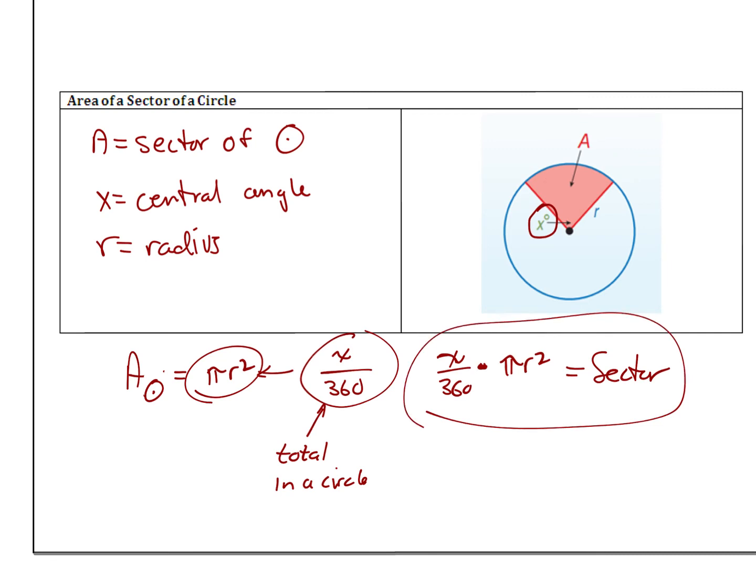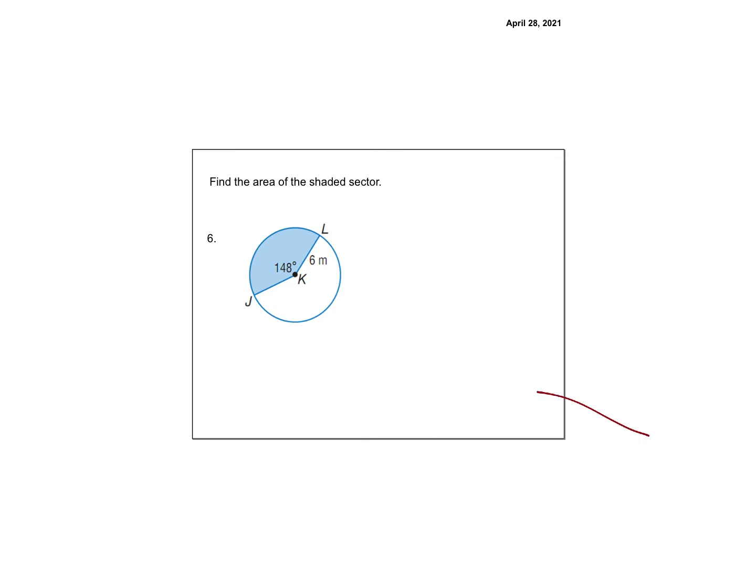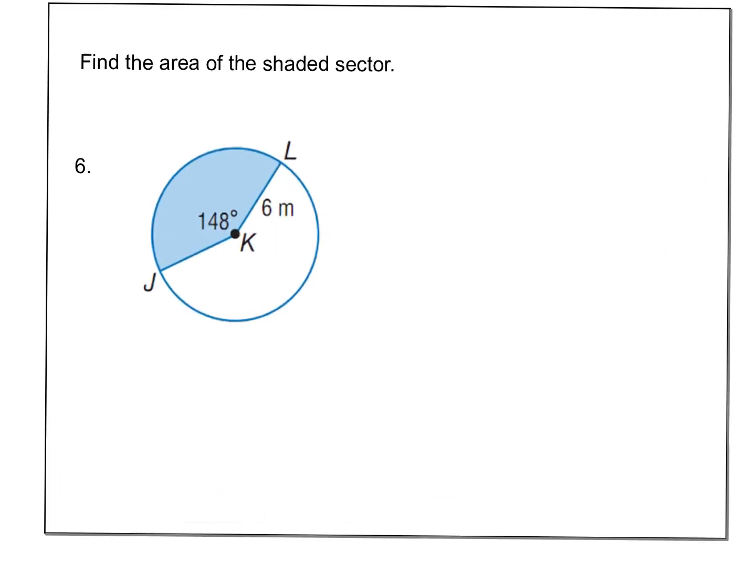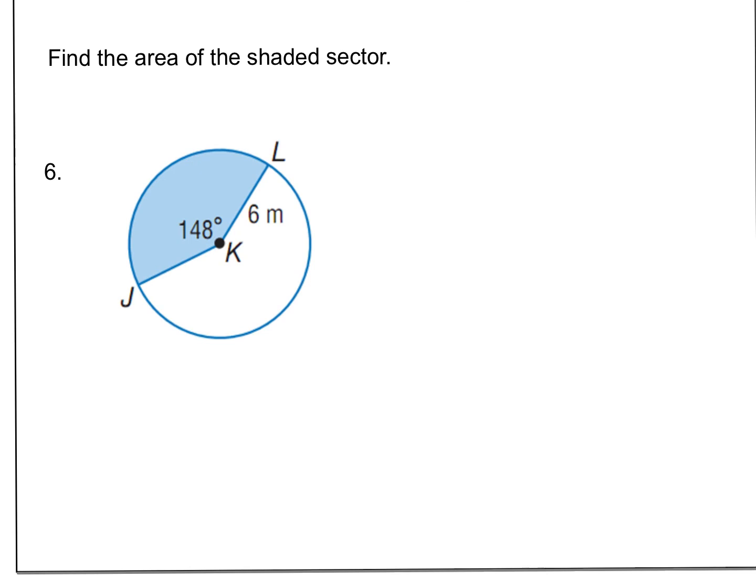That's it. I'm going to take my circle, then I'm going to take part of my circle, and that's my answer. So if I look at the area of the shaded sector, 148 is my angle, so that's 148 out of 360. My radius is 6, so I go 6 squared times pi. So 148 out of 360 I leave alone. 36 pi is going to be that